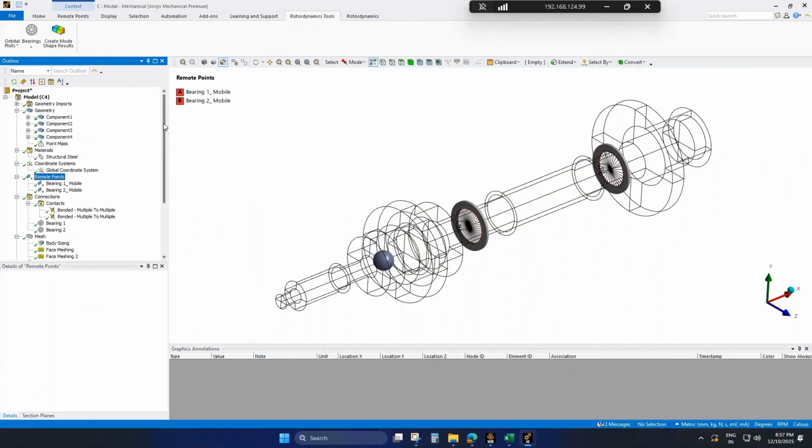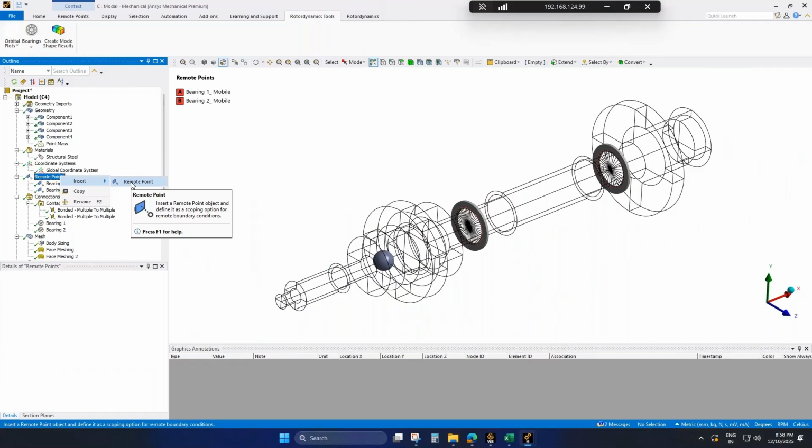I will also create a remote point at this point of time, at the unbalanced location. Like I mentioned previously, after completing the modal analysis, we are going to go with a harmonic analysis. In that harmonic analysis, we will apply a rotating unbalanced force, and to do that, I need a remote point.